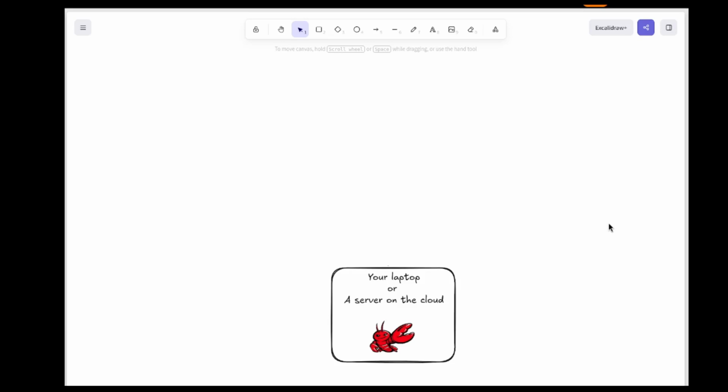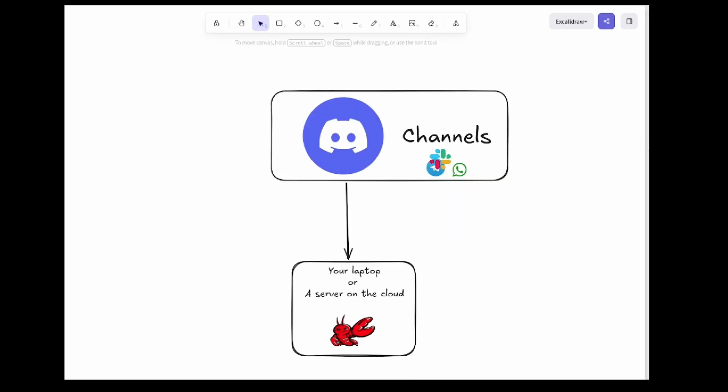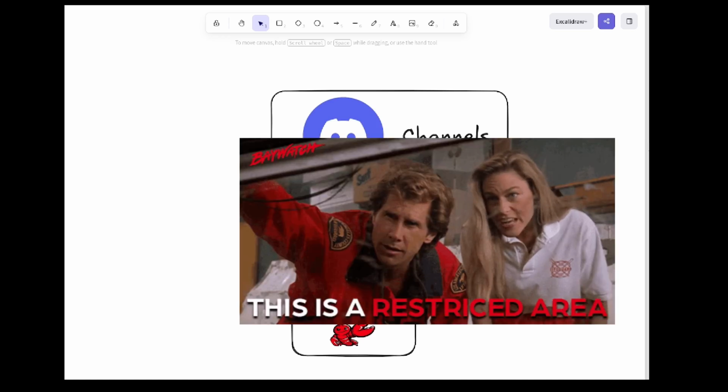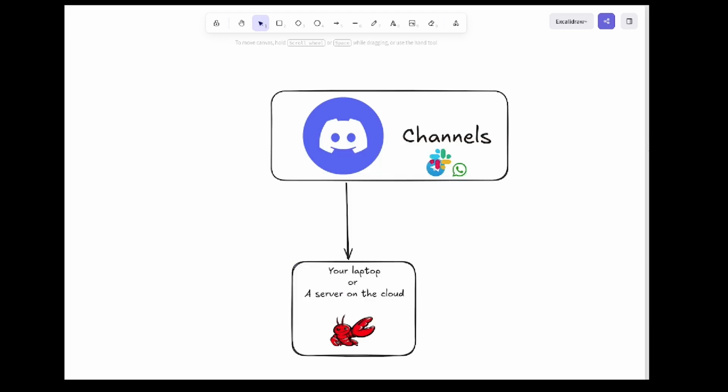Today, we're connecting openclaw to Discord. We'll focus more on pairing the Discord server with openclaw. Along the way, we'll also become familiar with giving access to specific channels if we want our agent to be limited to an area. What I'll be using is a server hosted on the cloud, but everything I do here